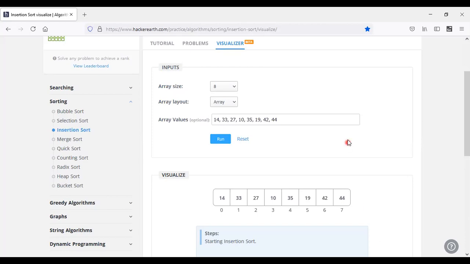So what happens here is we need to take the array count, what is the size of the array, and what layout we are using.